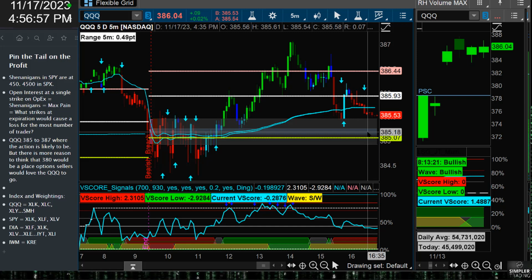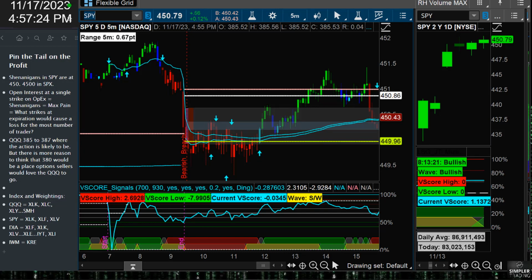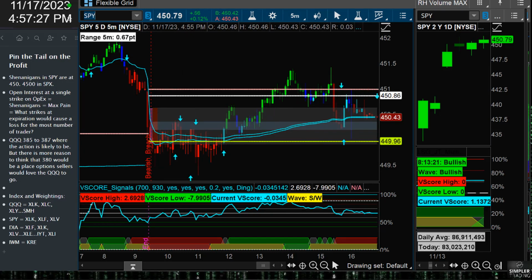So each options expiration Friday, open up the option chain. Today we opened up the option chain for November 17. Take a look at the puts, take a look at the calls, find where the open interest is the most heavy. 385 had 24,000-plus contracts, 387 had 21,000-plus contracts, and 380 had 44,000. So that's going to push me down towards the lower end of the range. On the SPY, the action was at 450, 51,000 contracts. That magnetic, that gravitational pull is going to be huge. Now you might say, Rog, didn't the 455s have a lot of open interest? They did, 70,000 up there, right?